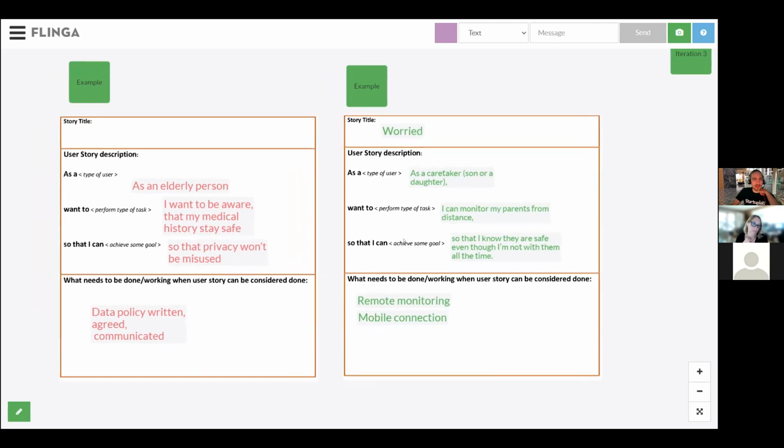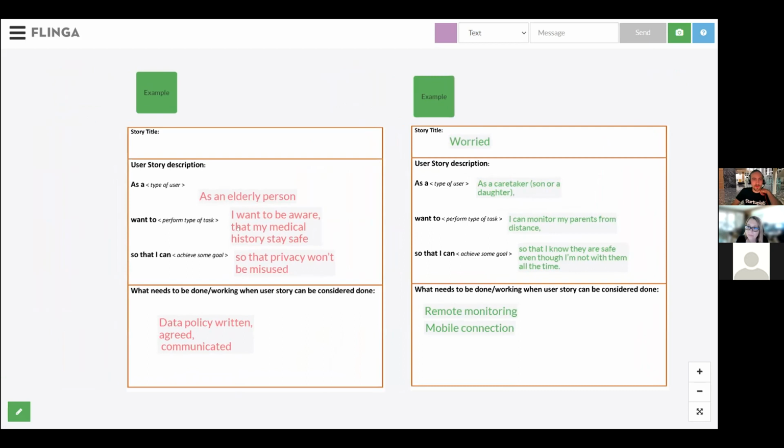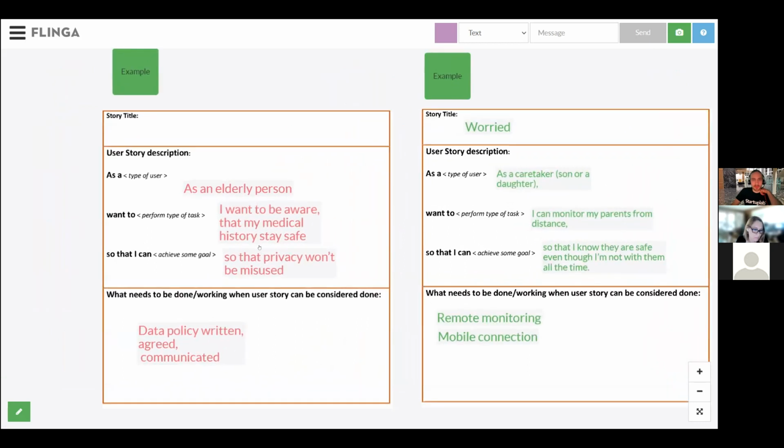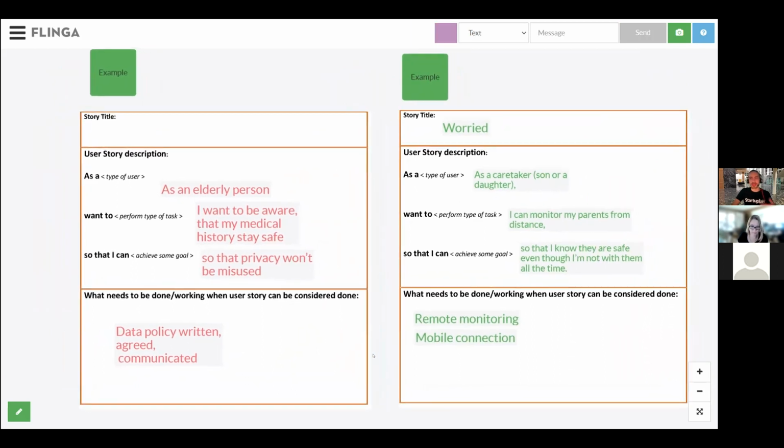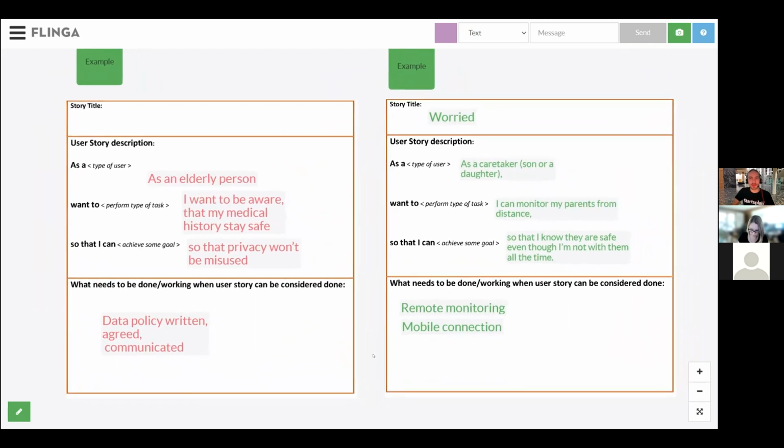And then the other one is the end user. So I want to be aware that my medical data and history are kept safe, so my privacy is not misused by this app. And what could be considered done? For example, we have a data policy written, agreed, and communicated. But these were just examples without knowing what we have been discussing. So